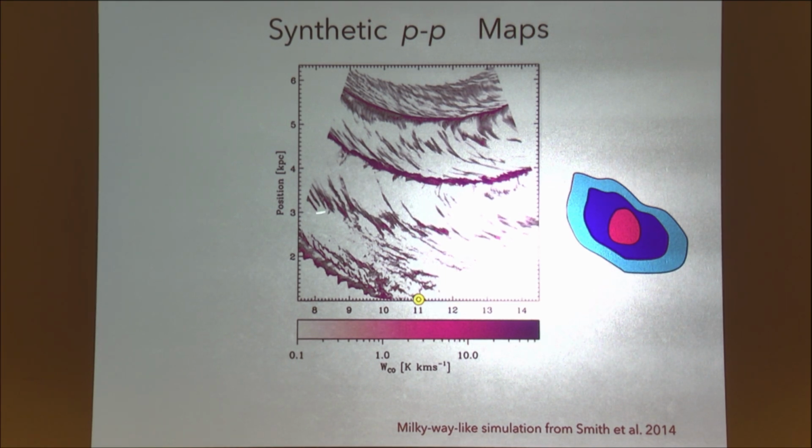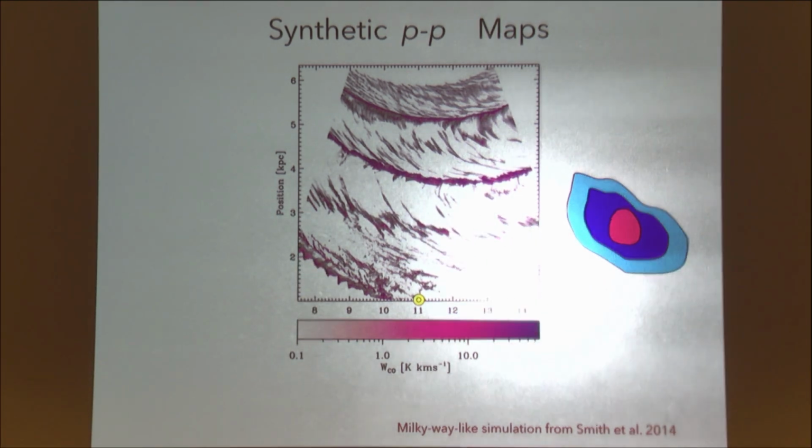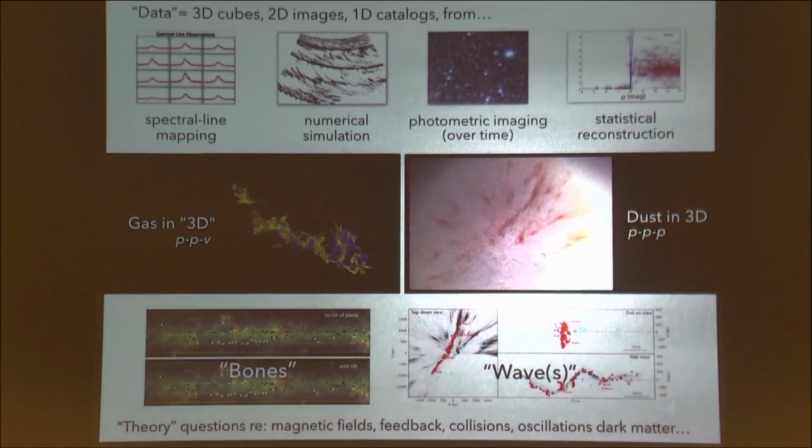So back to Jim's question, these things here, you might be able to see them in dust when you wouldn't be able to see them in CO. So that's a confusion that's hard to get around. But anyway, a lot of the work on simulating galaxies, the resolution is way, way too coarse to be able to see anything like either of the kinds of features that I'm talking about today. So when you look at those gorgeous pictures of external galaxies, the resolution on an arm is like this big, okay? You can never see this, not never, but not yet, okay, see these fine, fine scale structures. So that's why we are interested in the Milky Way.